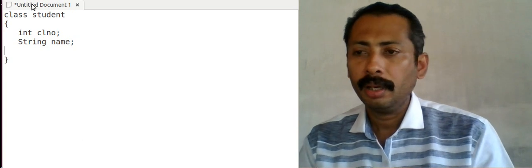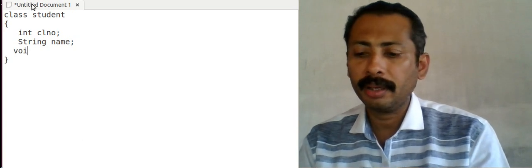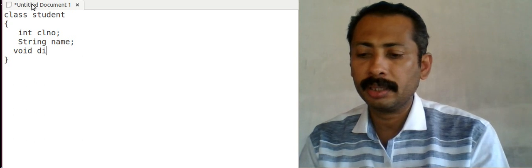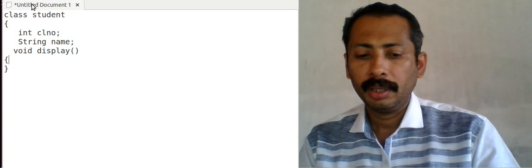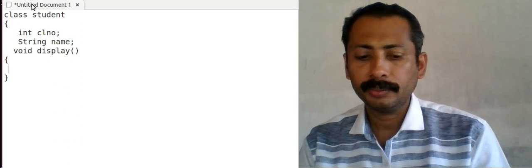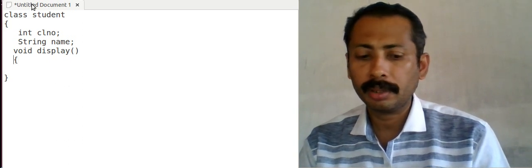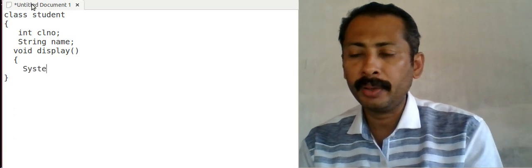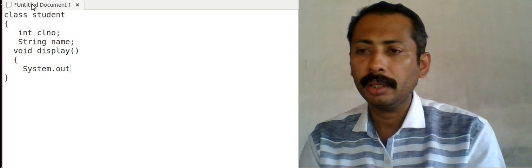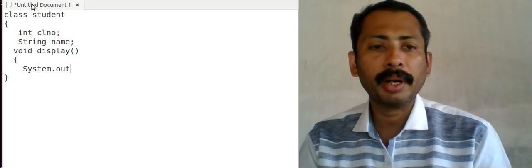Okay. Now I am defining a function as display. Inside this function I am writing code to display the values stored in class number and name.